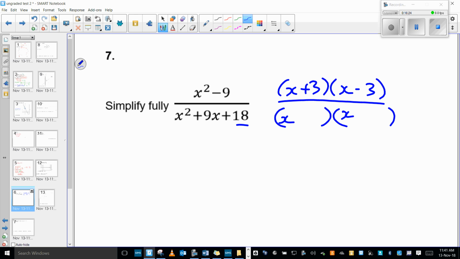Awesome. Nice. And then, what do I do now? You cancel out the x plus 3. Why do we have to do that? Because they're being multiplied by something and they're on the top and bottom, yes. And so my final answer is just what's left. Doesn't have to go in a bracket, it can if you want. Okay? Going through